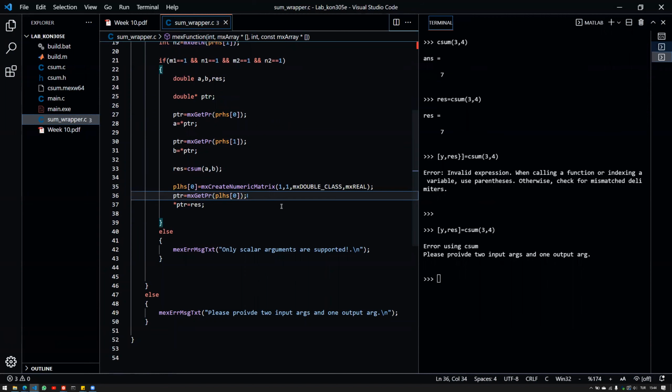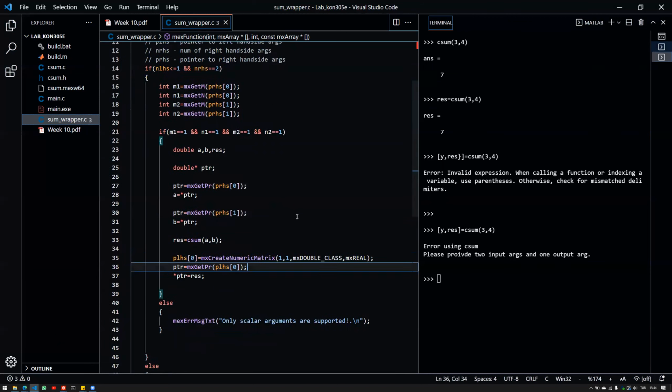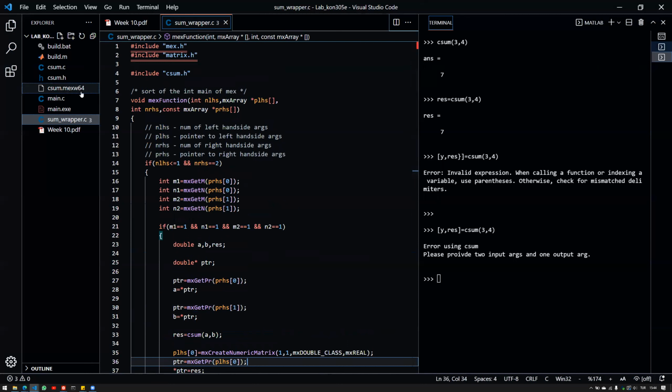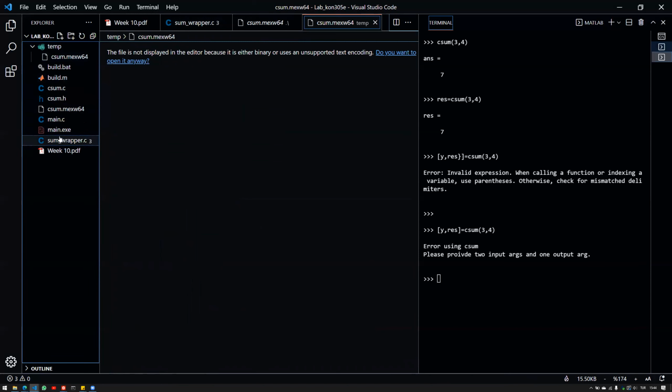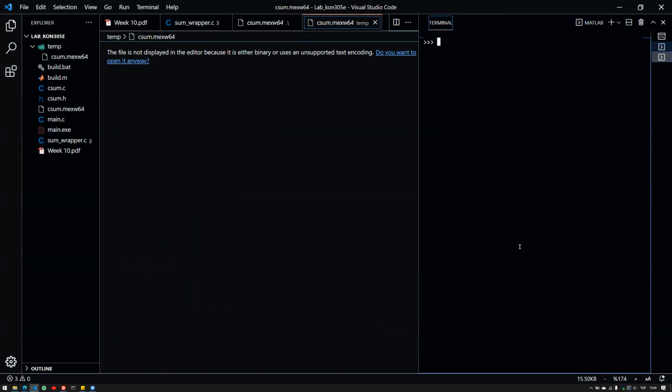Seems to be pretty much it for this function here. So now, as far as I remember, let me show you something. Let's create a temporary folder, copy this into the folder, and change directory into temp. Clear the command window. Now, if we hit csum, you can see that